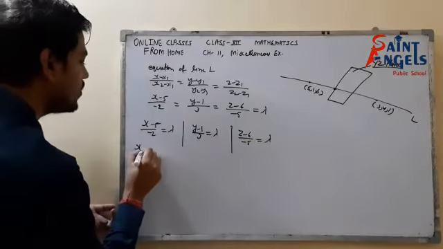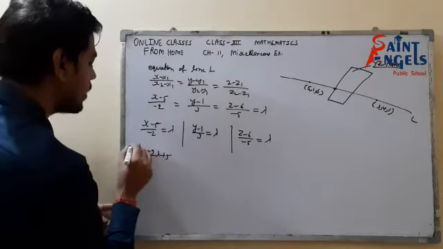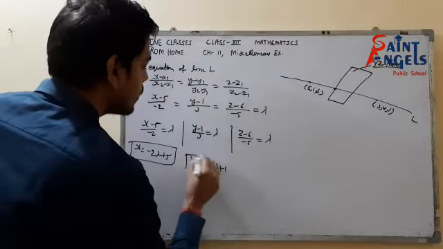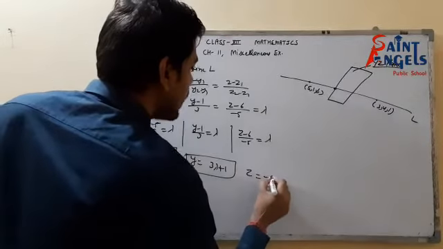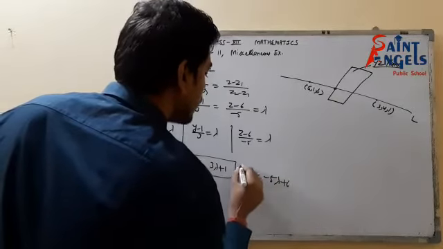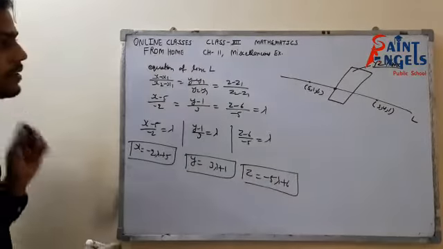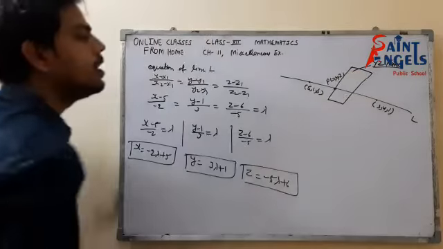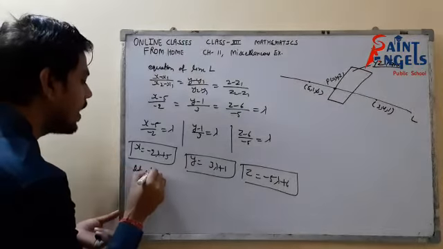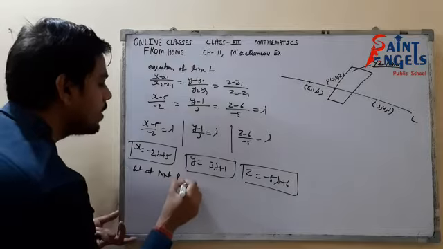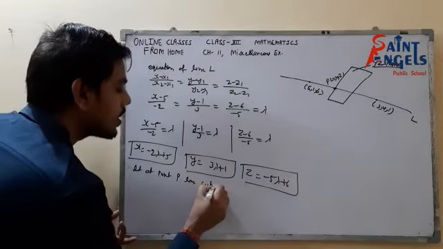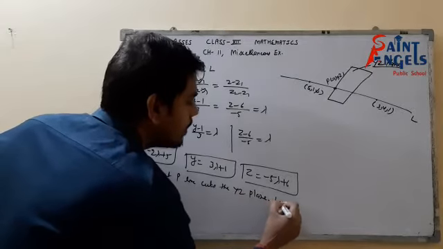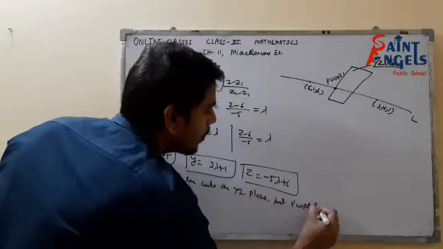So from here x would be minus 2 lambda plus 5, y would be 3 lambda plus 1, z equals to minus 5 lambda plus 6. Okay, so let that at this point P, x comma y comma z, the line cuts the yz plane. So point P will lie on the plane,